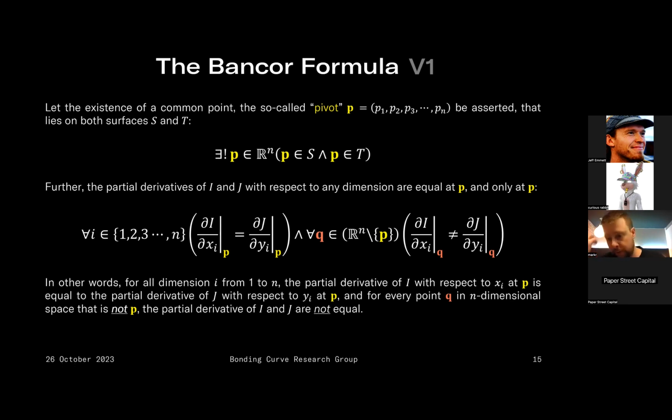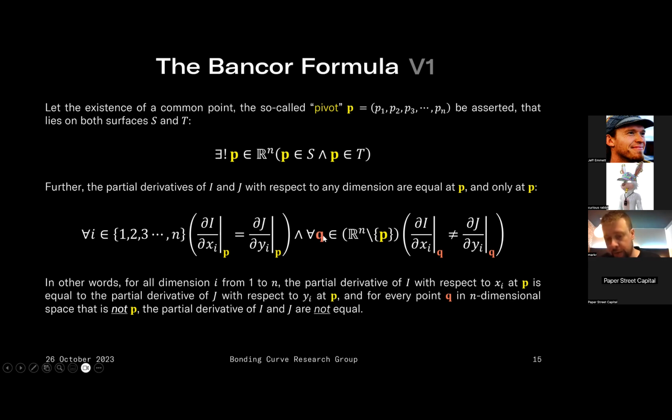And it's going to be the thing that gives us a lot of power, both in defining what the V2 function is, but also in solving other problems down the track that I'm going to show you in just a few slides' time. But this actually isn't enough. What we're also going to say is that at this point, whatever it is, this list of coordinates in n dimensions, the partial derivative of both functions I and j with respect to any of those dimensions, it doesn't matter which one you choose, will be equal to each other,